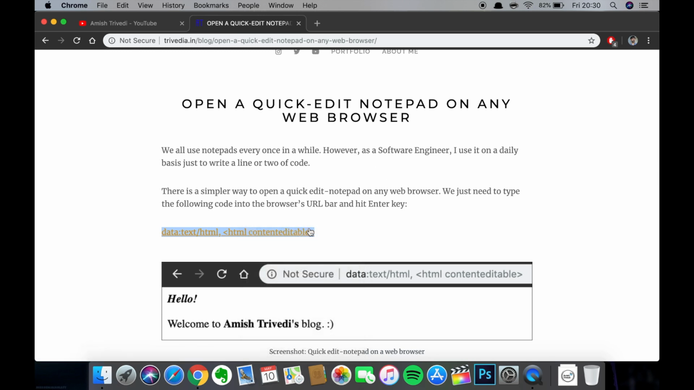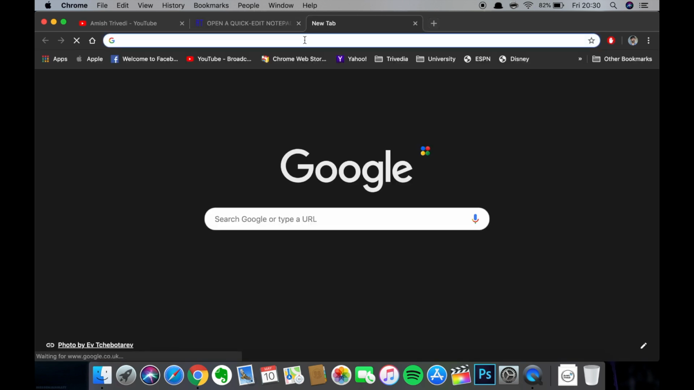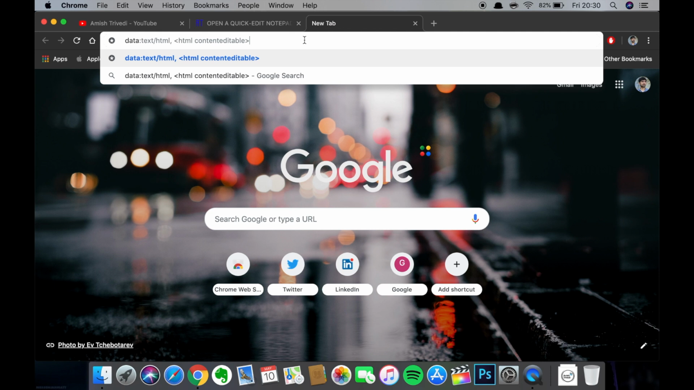After copying this code or these tags, you need to open a new tab. You can paste it and press enter. You will see a blank page which is your notepad. So you can type whatever you want to type, like a quick edit. So let's say I want to type